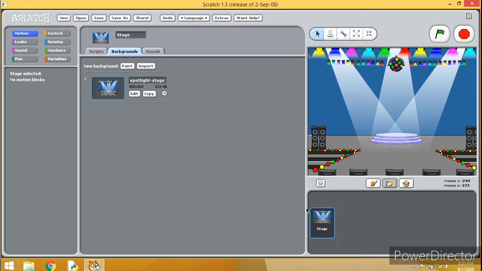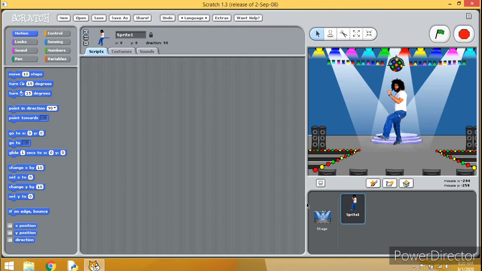Now he is not on the dancing floor yet, so let us make him stand on the dancing floor. What to do? We have to decrease the size of the dancer. As you know, we will be using the tools.